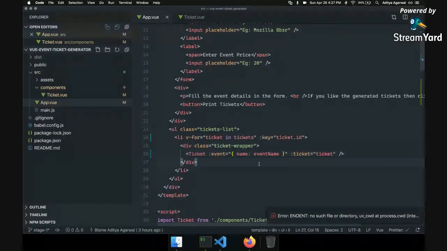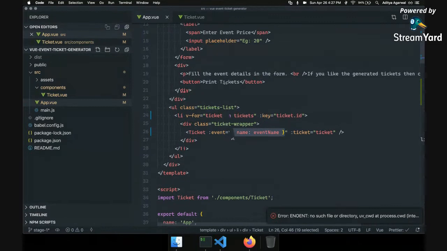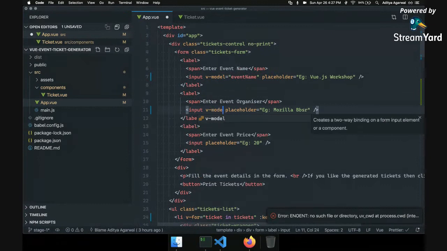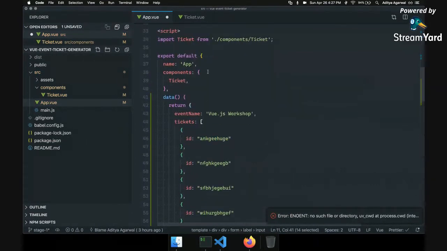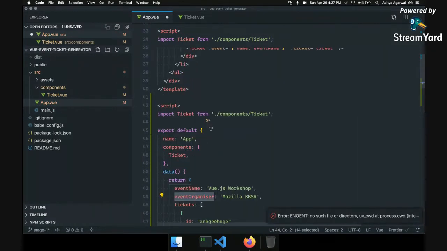So let's move on. One thing is that I put an object here, and now for both of these, I can say there's a v-model for you. V-model equals event organizer, and so I have to mark it here as well. Like in data, I have to say event organizer, and that is Mozilla. And now I can use it here.